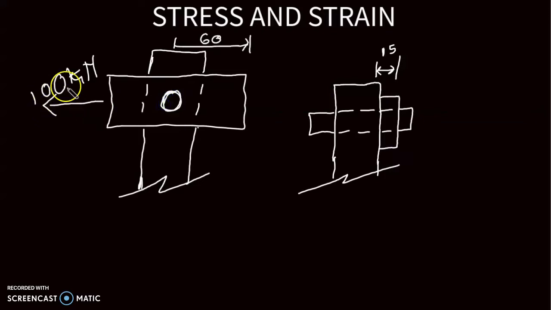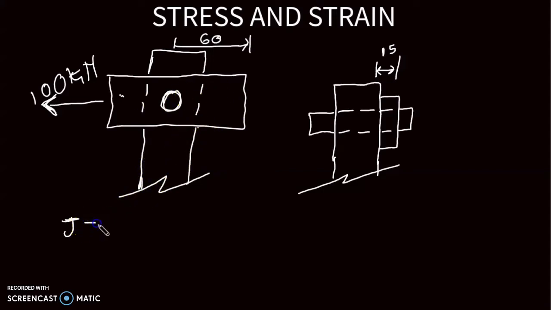And then there is a force of 100 kN applied to this bar in the direction the arrow is pointing. And then we are asked to calculate for what? For the shear stress that will develop on this member, or on the section where this object is going